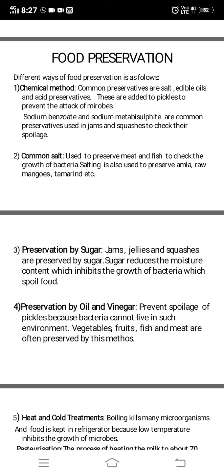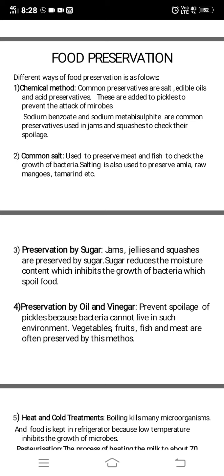Common salt is a very good method of preserving things. You might have seen on the roadside that amla is sometimes kept in salt water, and people sell it. That is actually a way of preserving amla. Here salt is used to preserve meat and fish. You might have seen a white deposit on fishes. That is actually the salt in which it had been kept.